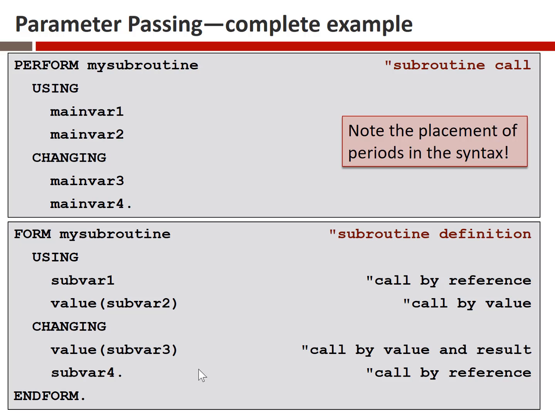If I go down to changing, main var 3 matches up with sub var 3, but I'm using the word value. So the implication is main var 3 is going to get copied into sub var 3, but when the subroutine is done, whatever the value of sub var 3 is, it's going to be copied back into main var 3. And I want to emphasize, there's no way to say, no, don't copy it. It's not like you have any control over it. That is going to happen 100% of the time,